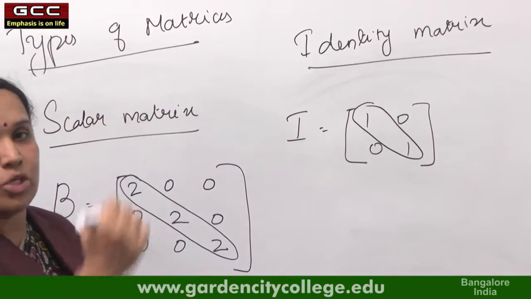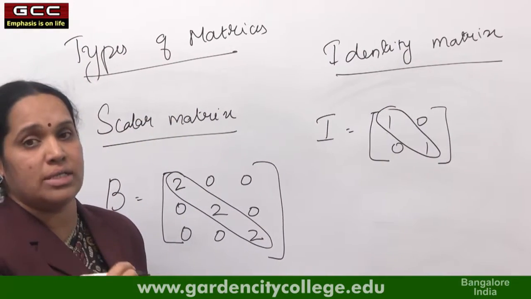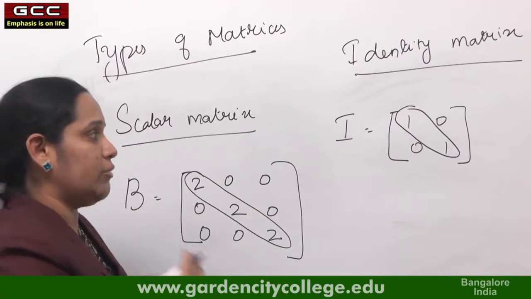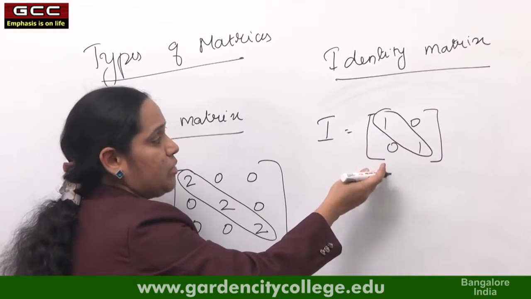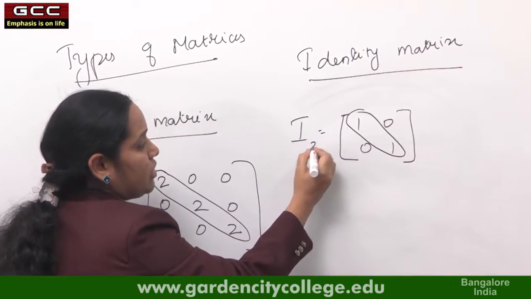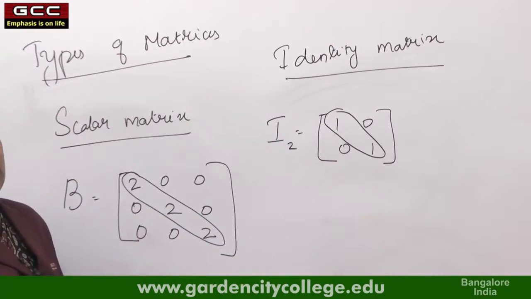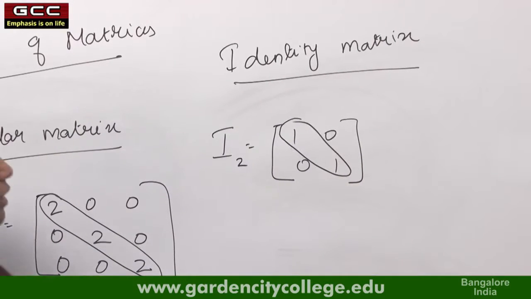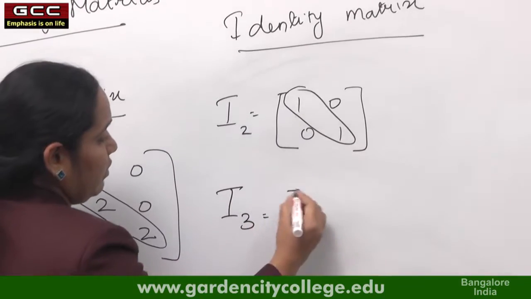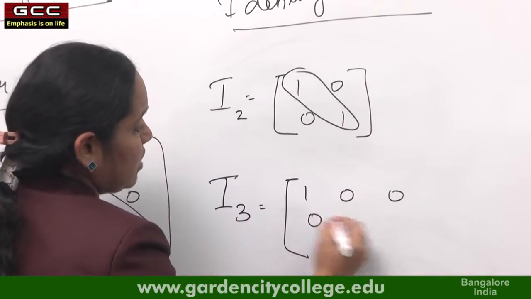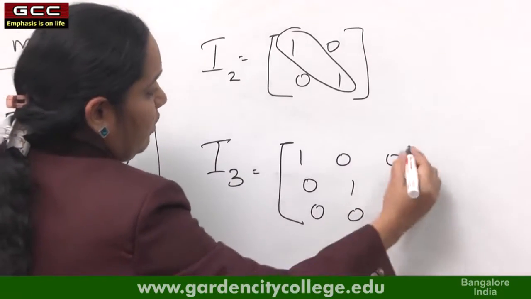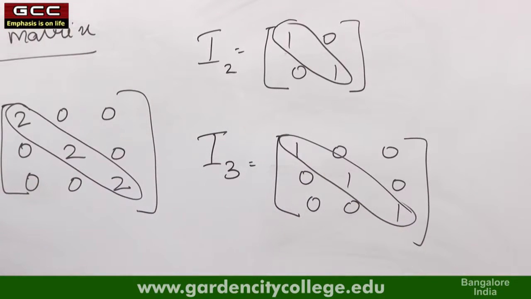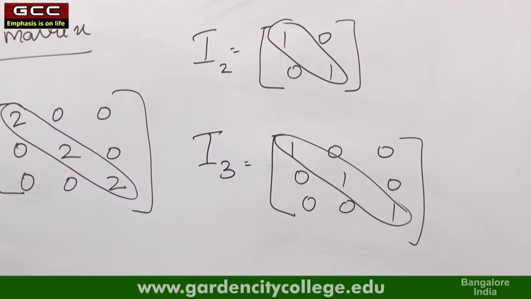So, a matrix in which all the diagonal elements are 1 is called an identity matrix, and generally an identity matrix is denoted with its order. For example, this is an identity matrix with order 2 by 2, so I can denote this matrix as I2. When I say I2, it is an identity matrix with order 2 by 2. Similarly, I can write I3 as [1 0 0; 0 1 0; 0 0 1]. All the diagonal elements are unity and all other elements are 0, so it is an identity matrix with order 3 by 3.